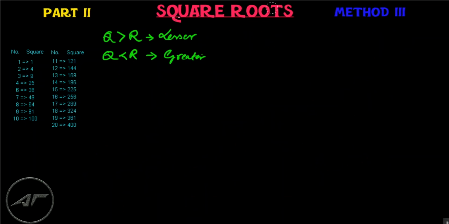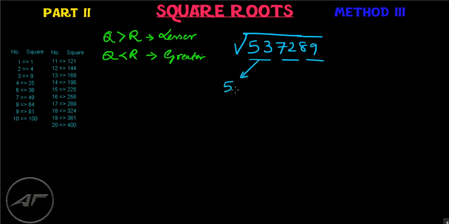Now let's do a recap of the entire process of finding the square root of a perfect square which is greater than 40,000. We take the same number again. Suppose we are asked to find the square root of 537289. This time I'll be a bit faster. We'll split this up into pairs of 2 starting from the right. Okay, so here we have 3 pairs, 53,